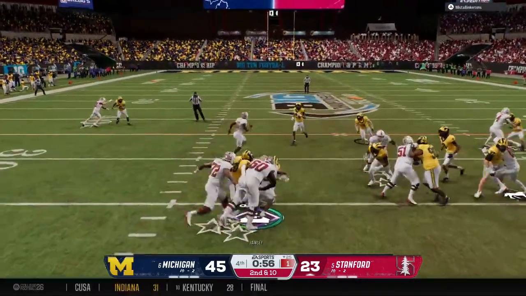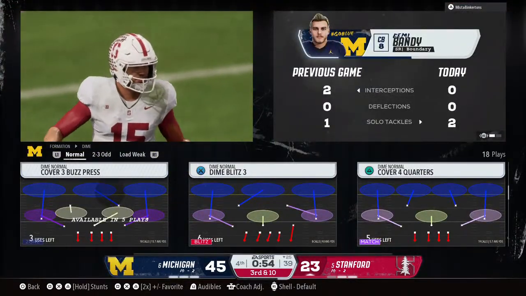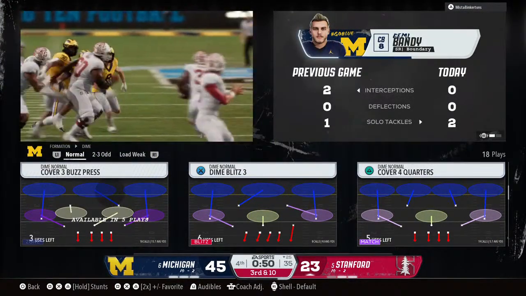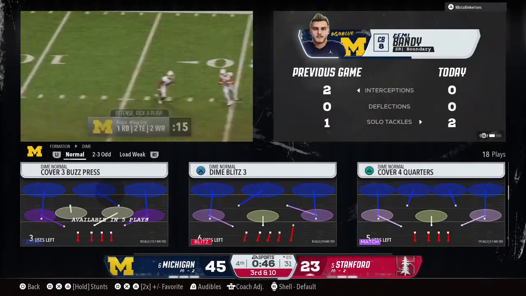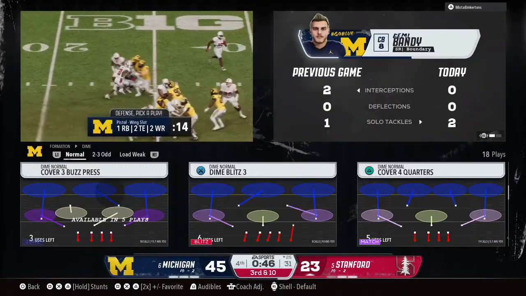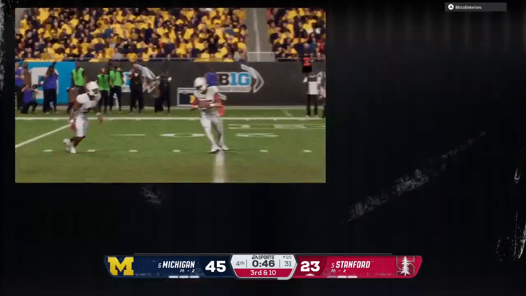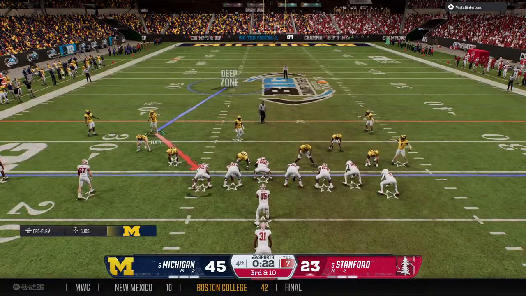Same tailback, another carry. They feed it to the back again and again. Nowhere to run. Running game has been smothered. An excellent effort by this defense, just staying in their run fits, holding their own at the line of scrimmage, and then making a tackle. Offense just couldn't get enough of a push to get any yards at all. Nothing going with the running game on those 2 plays. Now it's 3rd down and 10.